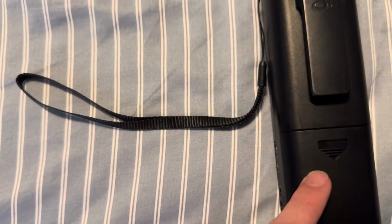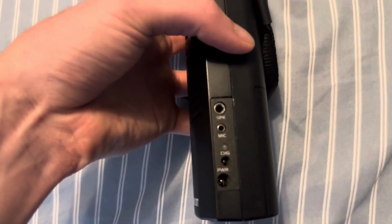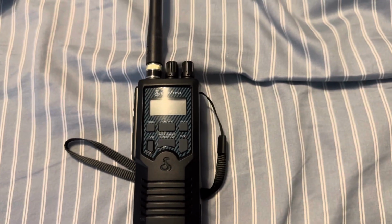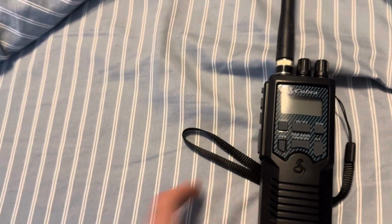You know what? I might take a cut and I might just kind of show you it on. But before I do that, I'm just going to say another quick word about my Baofengs really